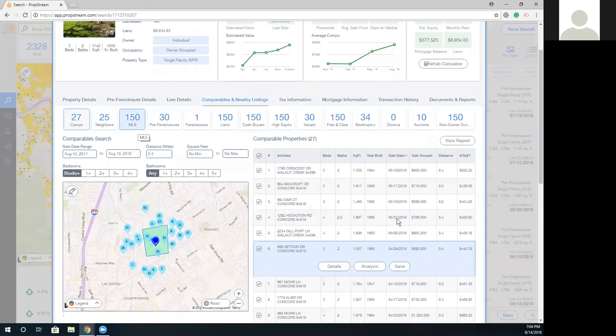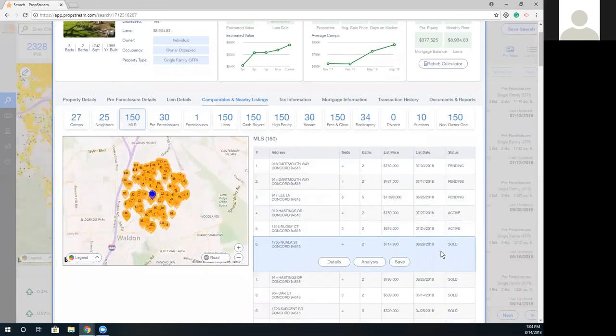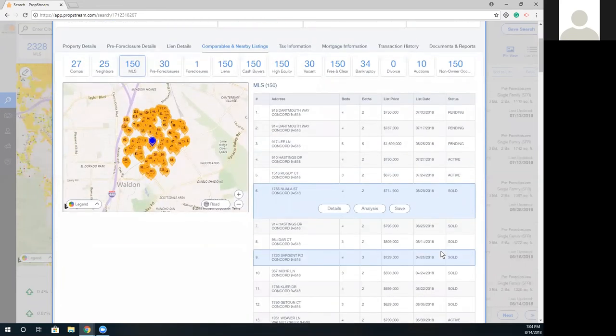So for me, when I'm giving people their comp averages, I'm utilizing both resources. I'm using comps up until May 18th, and then I go to the MLS section and I look for comps after May 18th so I can give that lead or that seller or that buyer a more aggressive comparable average, if that makes sense.